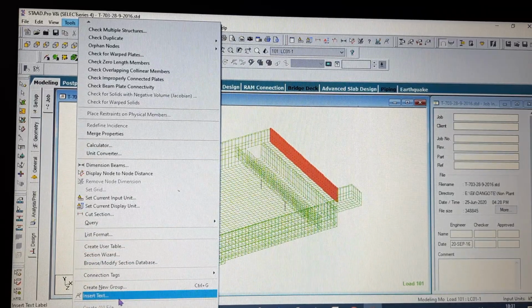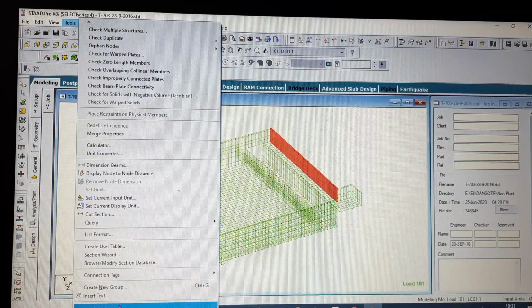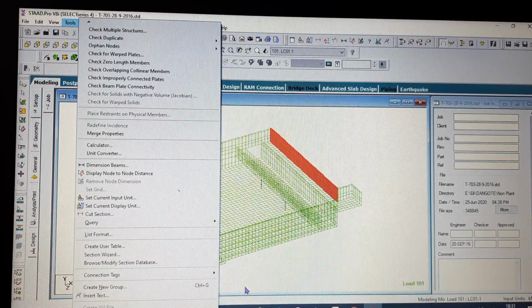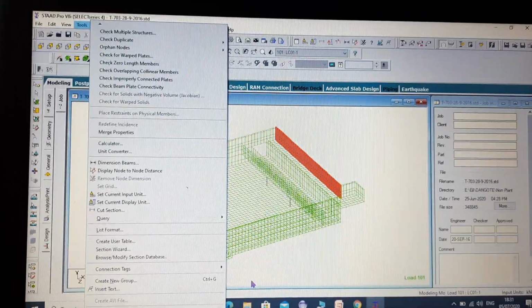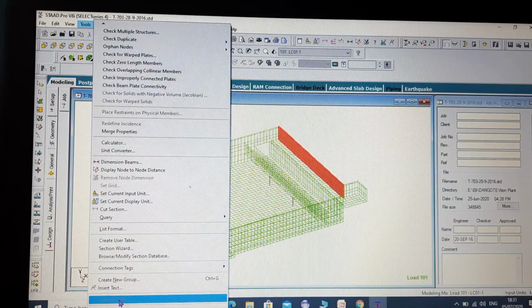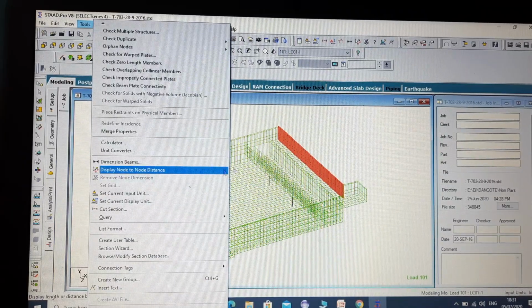There are also some functionalities, like create API file.